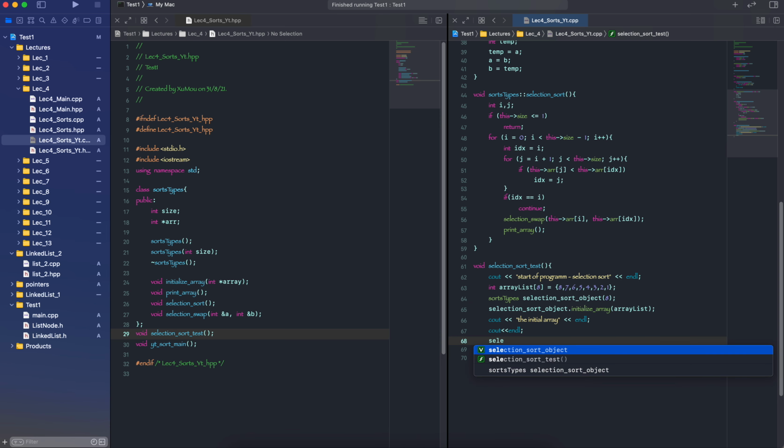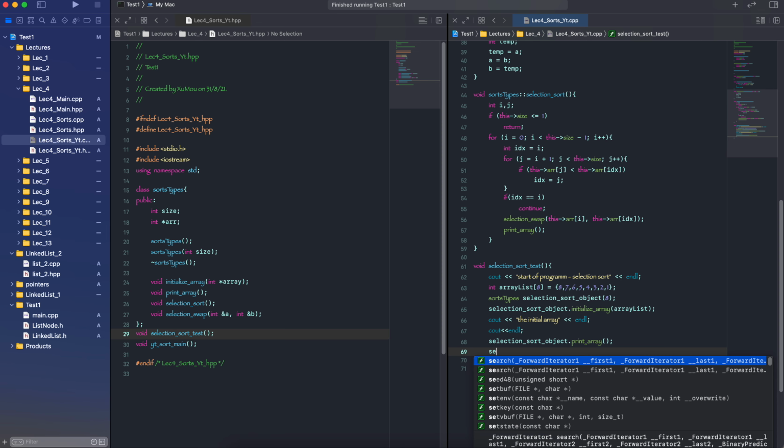So selection sort print array, and this will display the initial array,